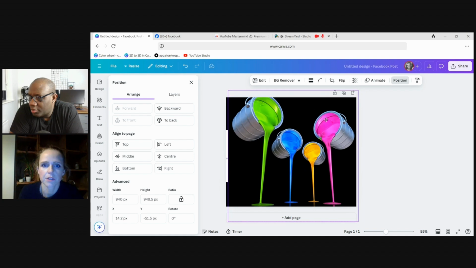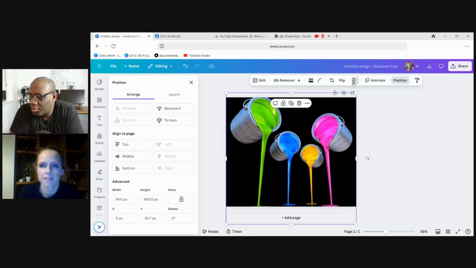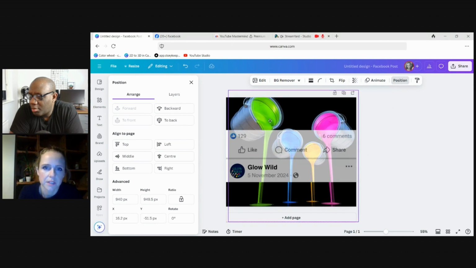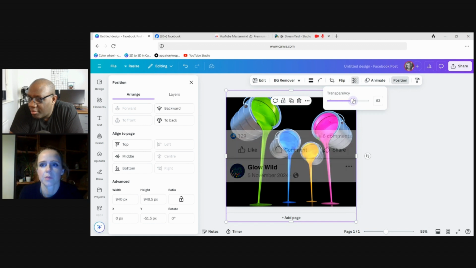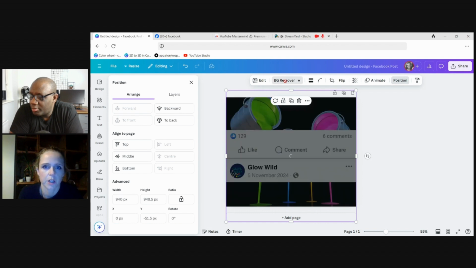And what I'm going to do now is place it exactly over the previous one, but I can't obviously see through it. So I'm just going to lower the transparency for a bit and make sure it's placed perfectly over, and then remember to bring it back up. And now I'm going to use Canva's background remover tool, which is a one-click option to get rid